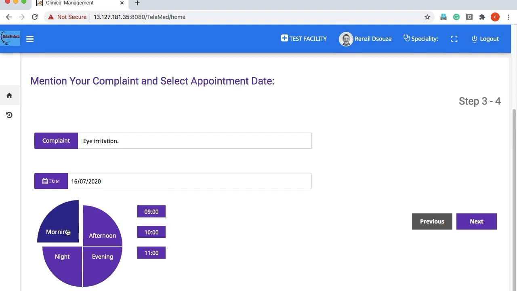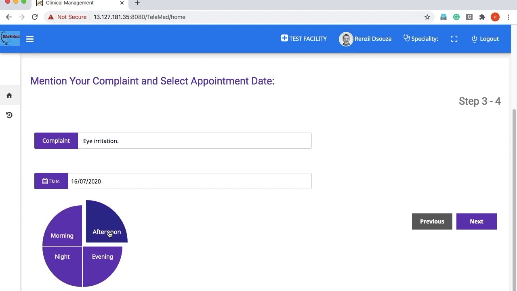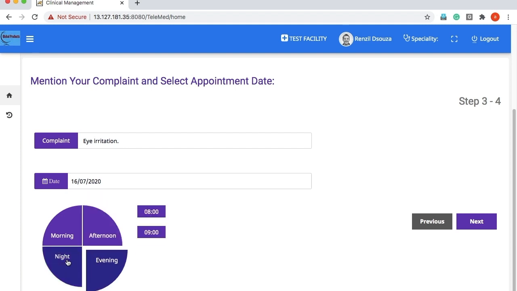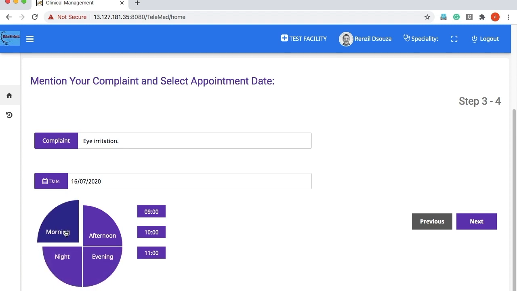Clicking on the morning slot will show the available appointment timings for teleconsultation. Similarly, for the afternoon. Now over here there is no slot available for afternoon, evening, and night. Selecting the morning slot time. On selecting the date and available appointment timings,